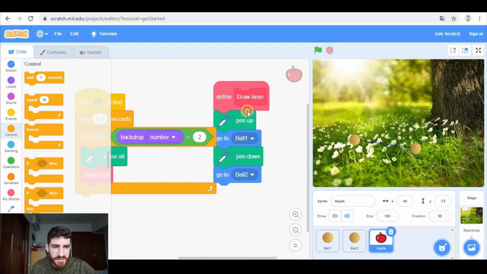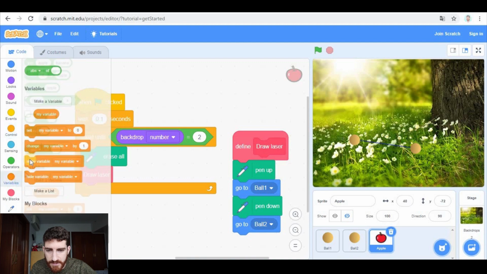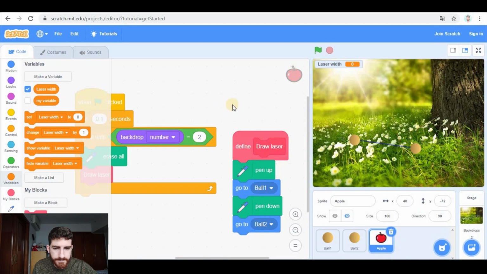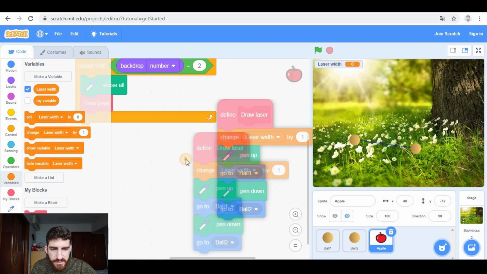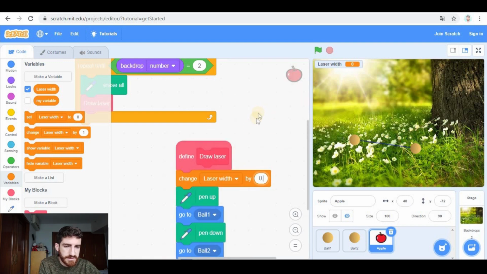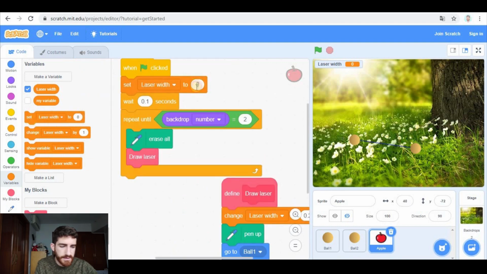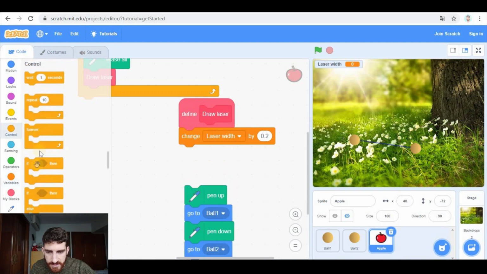First of all, the width of the laser. As you've seen, the width of the laser in the finished version of this level is changing in size. So we're gonna make a variable which is gonna be laser width, and before drawing, we're going to change laser width by, let's say, 0.2. At the beginning, we're gonna set laser width to 5. Obviously, this has a problem, which means that the laser width is gonna be increasing again and again and again non-stop. So let's add a program here